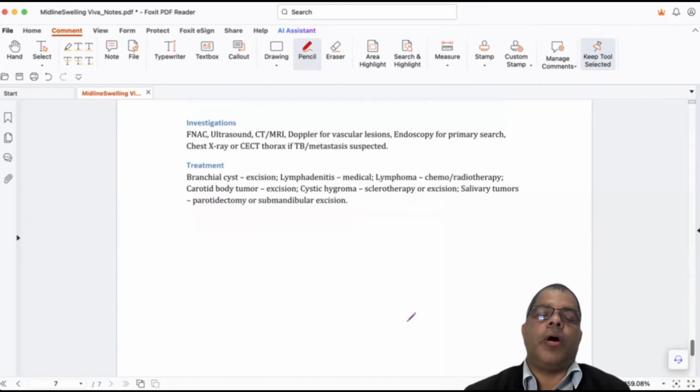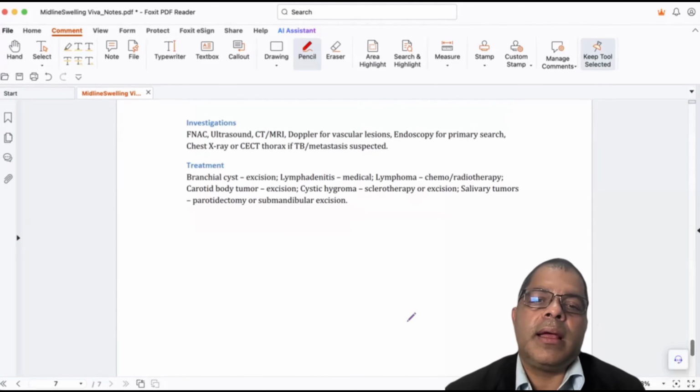I think I tried to cover all the possible diseases in the lateral neck. I think this